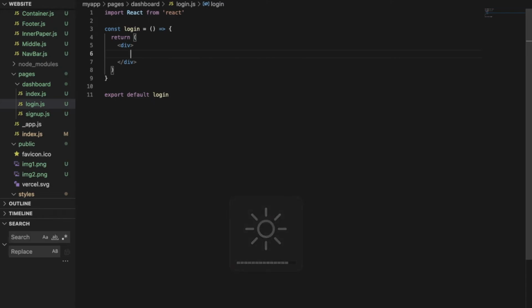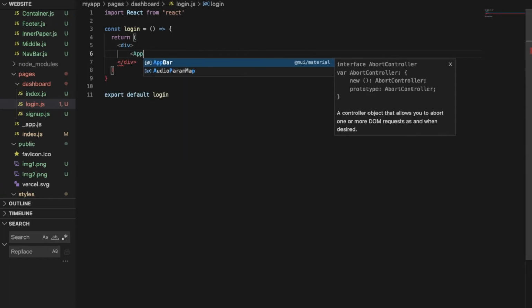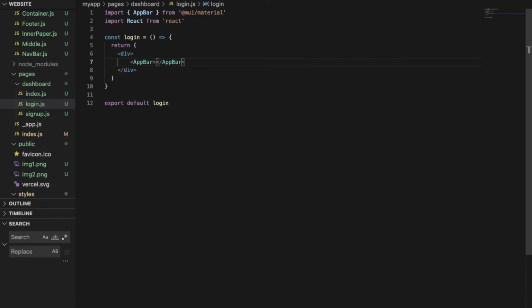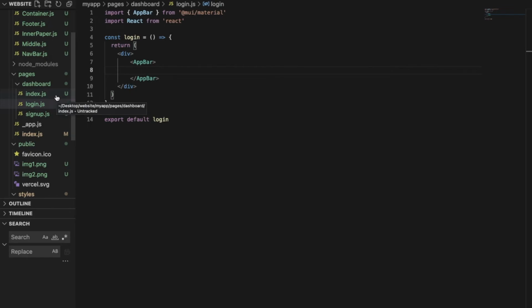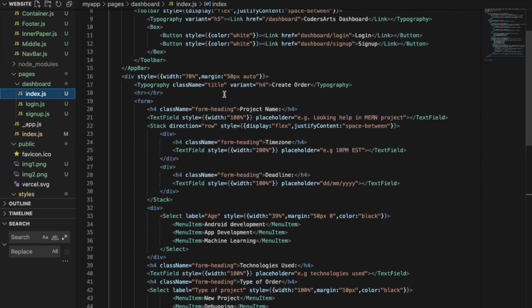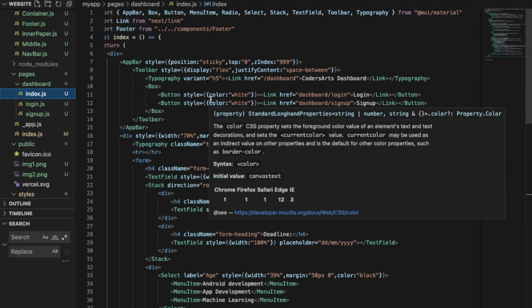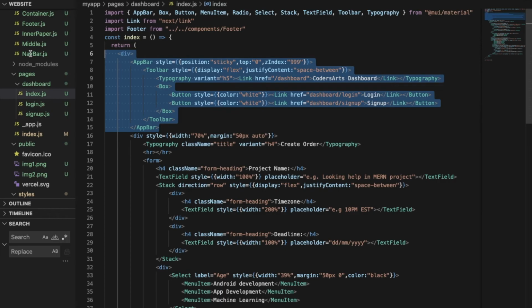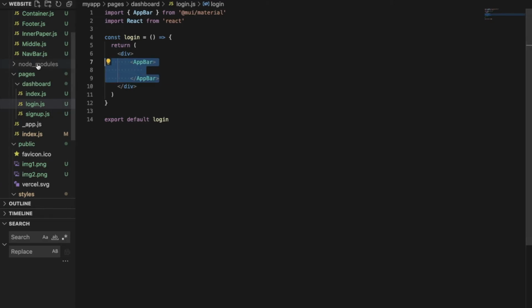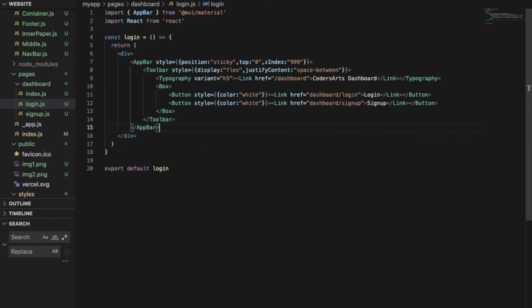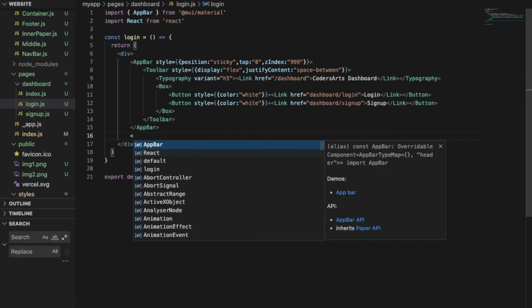and first of all we'll make an app bar, and inside this app bar, actually we can do one thing. We can copy this app bar from index.js as well, because basically we will have the same functionality there as well. So we can say copy, and here we'll paste it, right? And right after the app bar we'll say div,